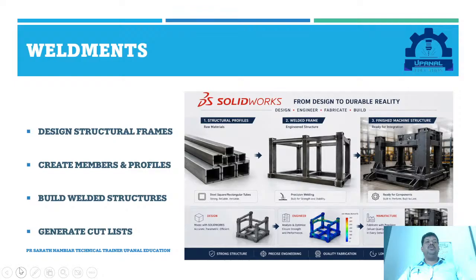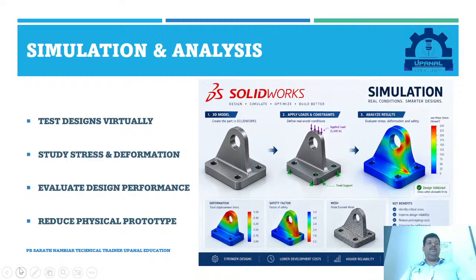Weldments are commonly used for machine frames, workstations, platforms, support structures, equipment stands, and industrial fabrication. So if sheet metal is mainly concerned with designing components from sheet material, weldments focus more on building larger structures from structural members and joining them together. It is another example of SolidWorks being designed around actual manufacturing requirements, not just creating